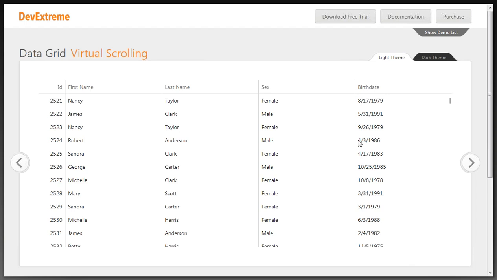So that's virtual scrolling. That's also enabled within the data grid. And again, just to re-emphasize, this is all about not downloading the entire data set from the data service to display within the grid, within the table. Now, I mentioned before, so that's how to get the data in. I mentioned before that